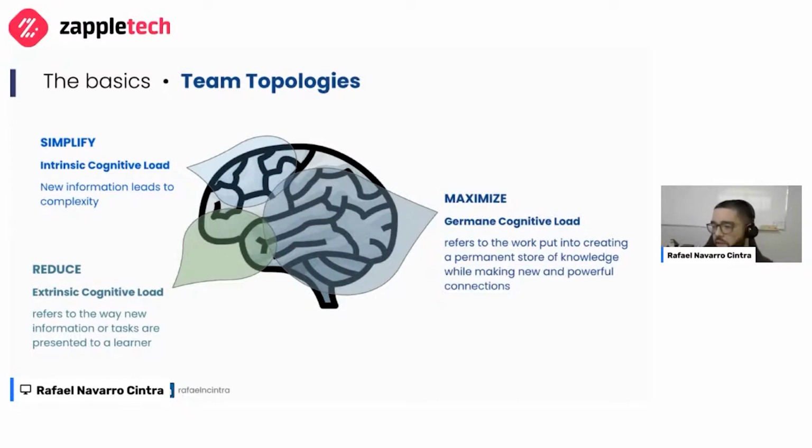It's to make sure that whatever product they are building, it's actually working. So the whole idea here is to make sure that those things are easier for them to do, so they can focus on what matters, which is delivering a better product, delivering something that will make it easier for our users. And usually we want to maximize the germane cognitive load, which is the whole point that I just mentioned,